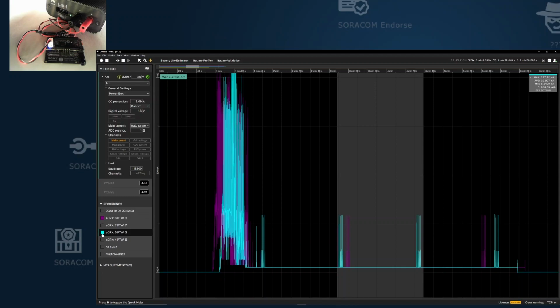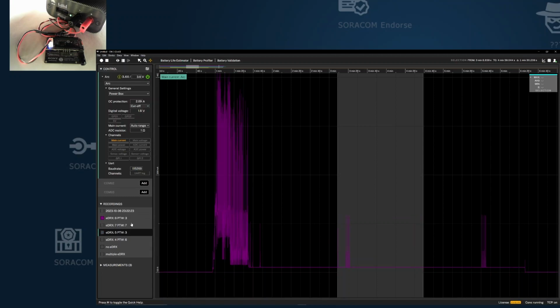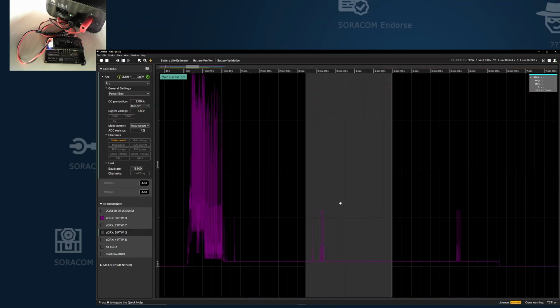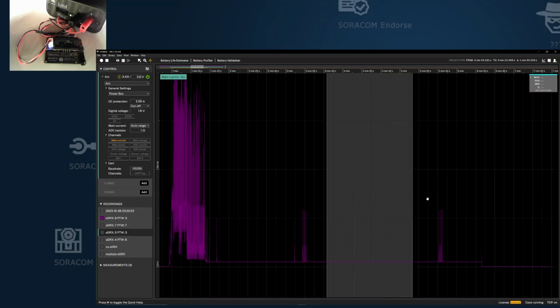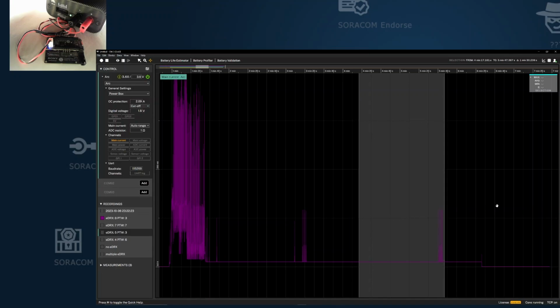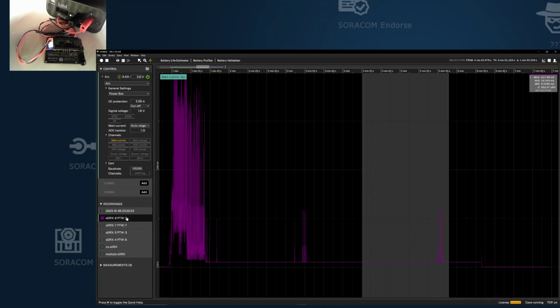Let us take another one, eDRX 8, paging time window 3. As you can see now, it's not possible anymore to get two paging time windows within our 1 minute 30 second time frame. That's why we only can take one, and it's going down to 950